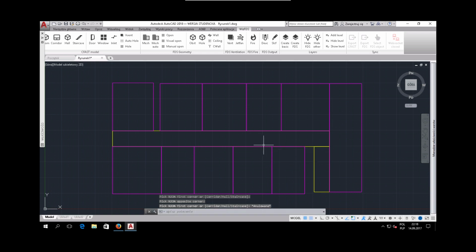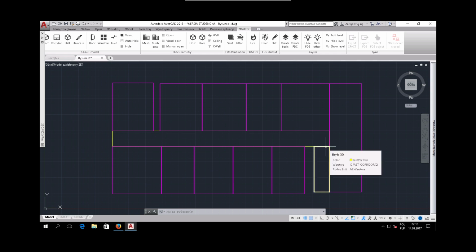Okay, so once again, escape, and we have some layout of the building. And here we have a corridor, and the corridor is composed of two parts. So now we have two compartments with a wall here. We would like to create a hole here, so a vent on the entire side of this